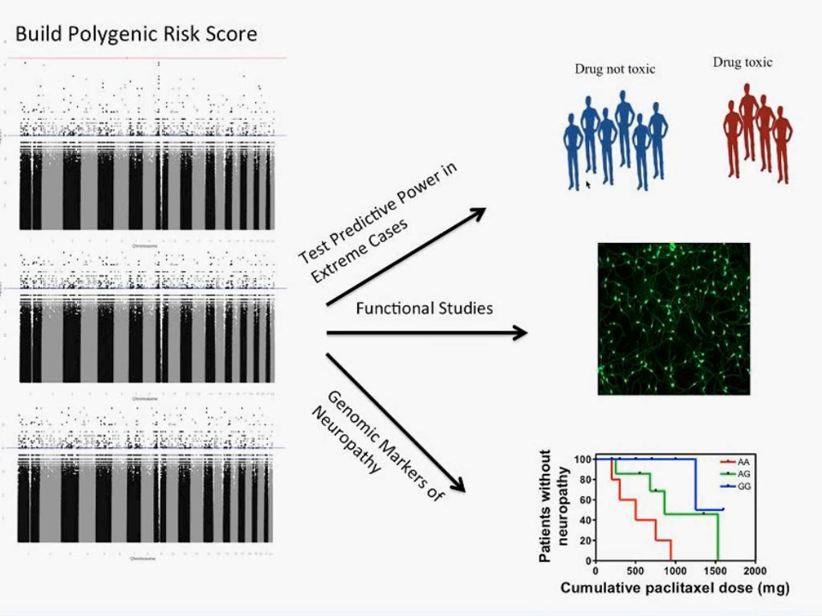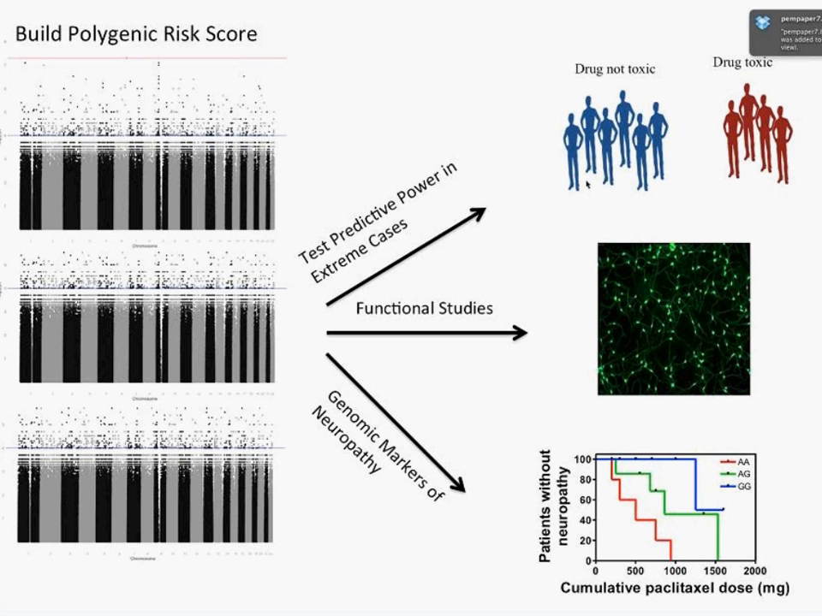We also, in our laboratory separately, spend a lot of time building polygenic risk scores, and this is because we have access to a lot of different trials, and we use those large clinical trials to build polygenic risk scores, and then we can test the predictive power in extreme cases, such as the 20 toxic and those 20 matched controls that we're collecting right now. We also will do functional studies on the variants that come out of these polygenic studies, and we'll also evaluate whether we can actually have a signature which predicts for patients that are at risk for paclitaxel or